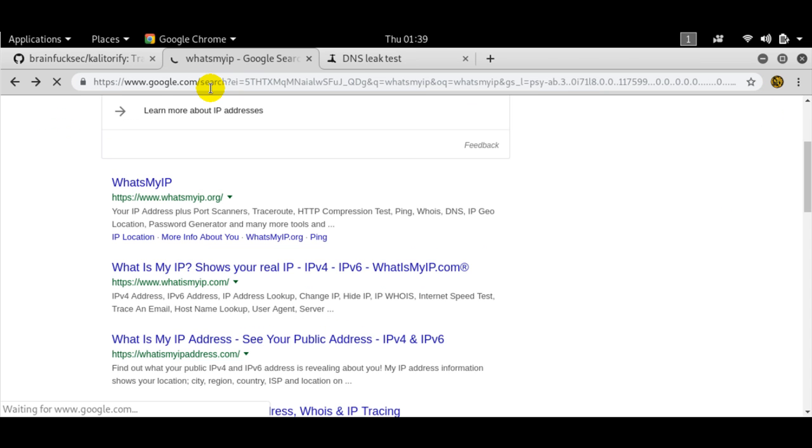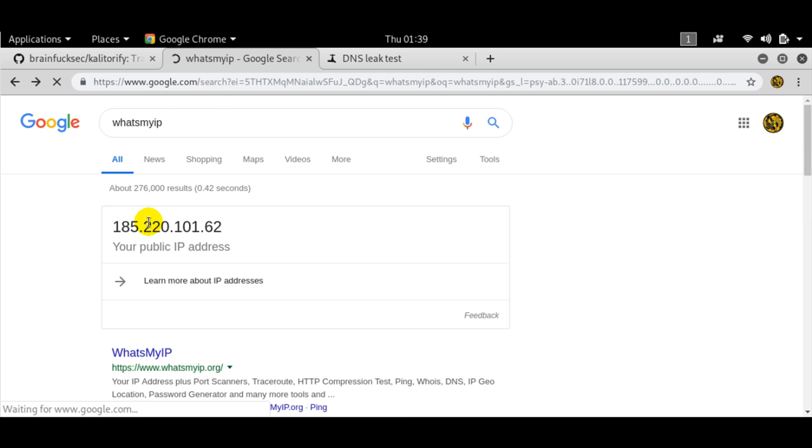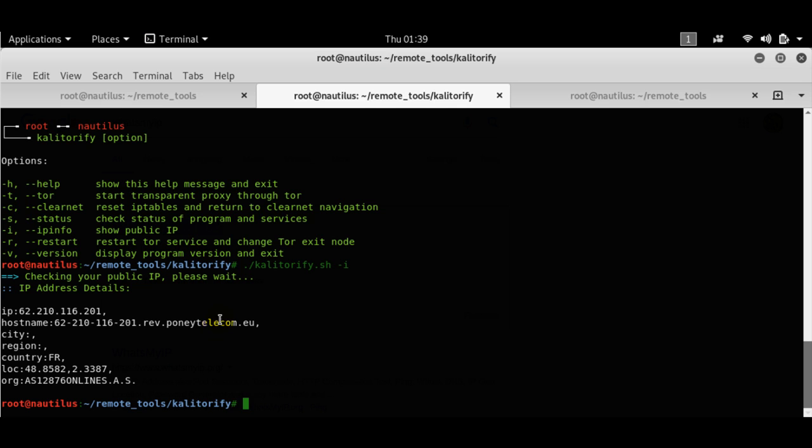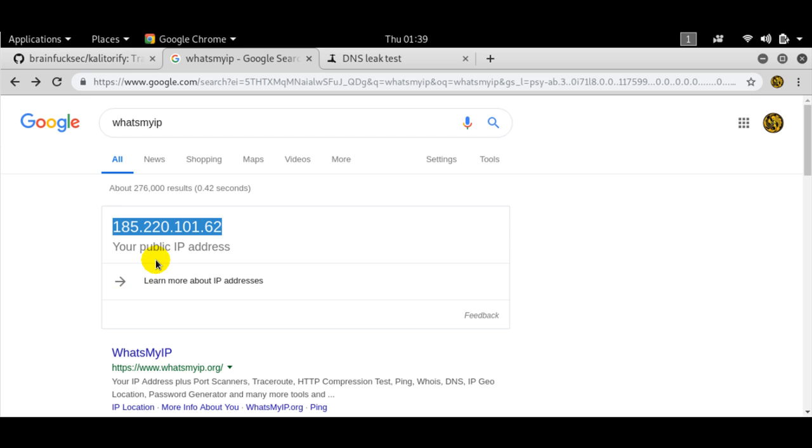Now everything is being routed through Tor at this point of time. Now this is the thing that I'm talking about. You see, my IP address here is shown as 62.210.116.201, but Google says that my IP address is 185. That's because Google takes